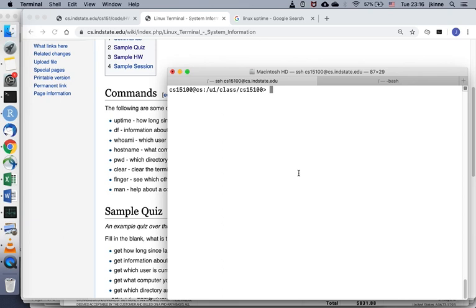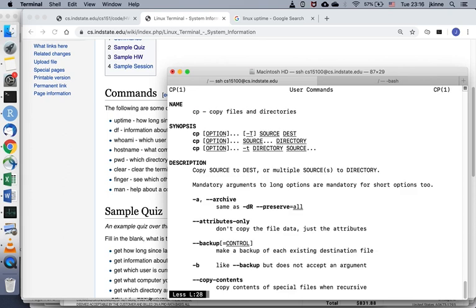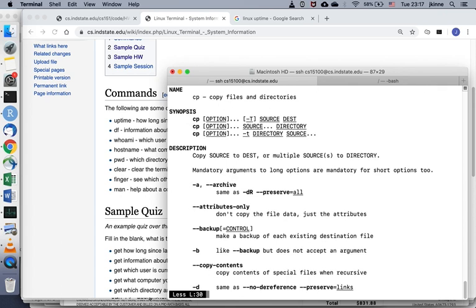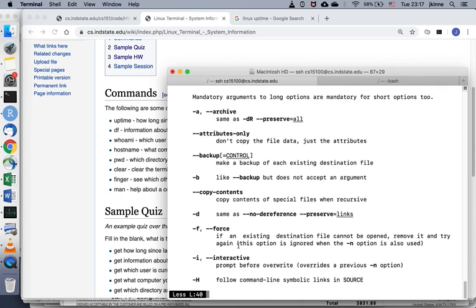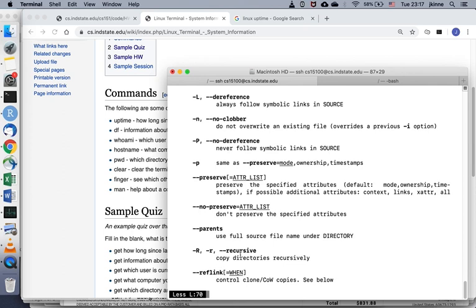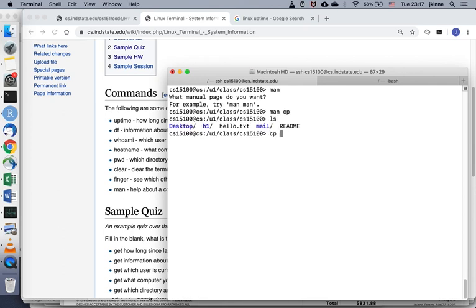And man. So man is the command for viewing the manual. So if I do man cp, that shows me information about the copy command. So in particular in there are two options that I use quite a bit. One is force, and the other is R for recursive. So if I want to copy the entire h1 backup, it says these are directories. You don't do it like that. But if I do -r h1 backup,